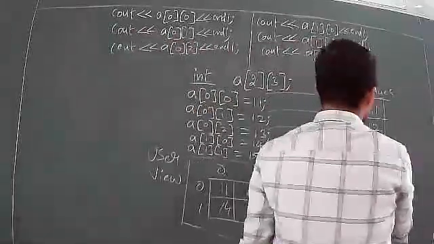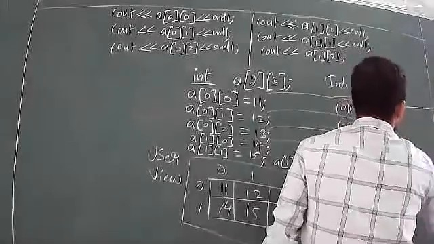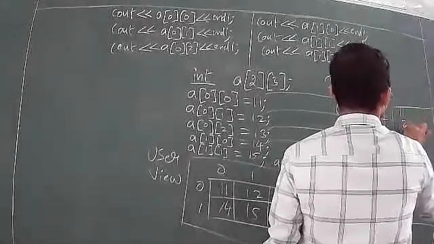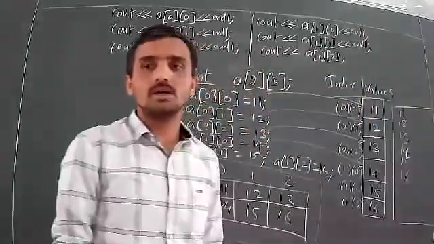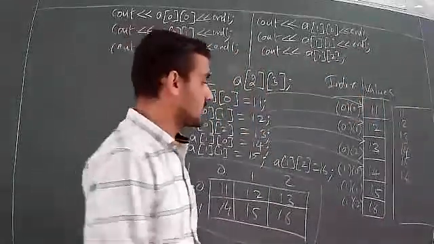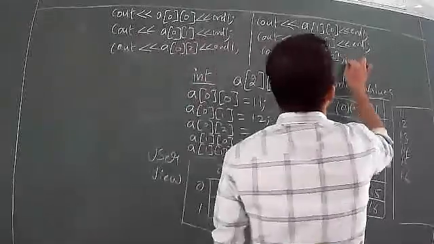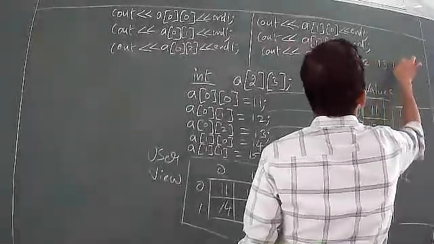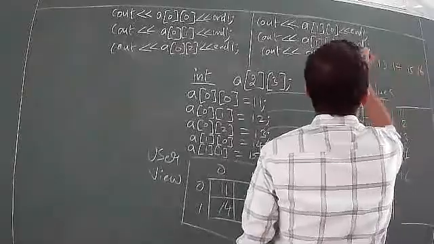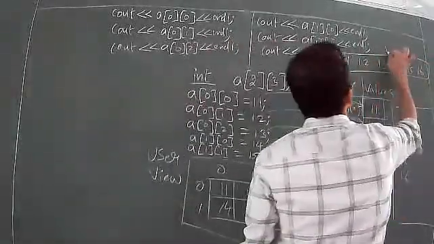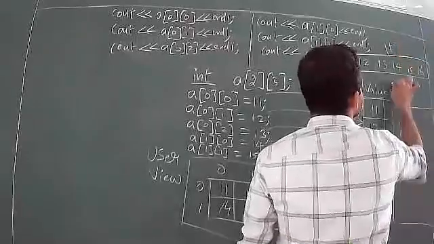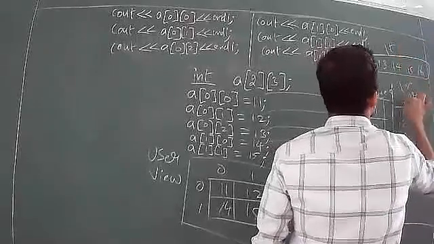So, how this will be displayed is the same way I have done the numerical representation. It is displayed on the screen as 11, 12, 13, 14, 15, 16 if I use endl or backslash n. If I use backslash t, it will be displayed like this: 11, 12, 13, 14, 15, 16, by leaving some space. This is how it is displayed when we use backslash t, and this is how it is displayed when we use backslash n or endl.